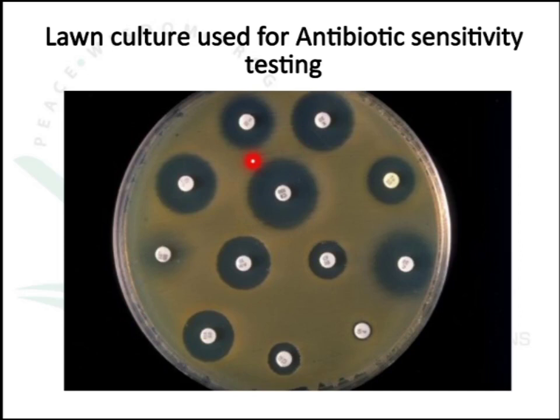Now this is an example of antibiotic sensitivity testing using the lawn culture method, by placing an antibiotic disc on the surface of the cultured plate. It will give a zone of inhibition, or clear area. In that area, the growth of microorganisms is inhibited due to diffusion of antimicrobial agents through the agar plate. That is known as the zone of inhibition, which is sensitive to that antibiotic, and some discs will not show a zone of inhibition, which indicates they are resistant to that antibiotic or antimicrobial agent.